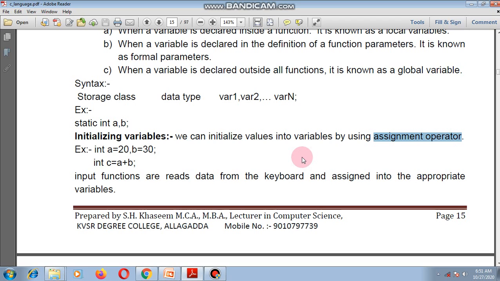That is, we can read the value from the keyboard and store it into a variable. This example shows assigning a value to a variable during the declaration, and the second example shows storing a value into C after performing operations on the values available in the A and B variables.